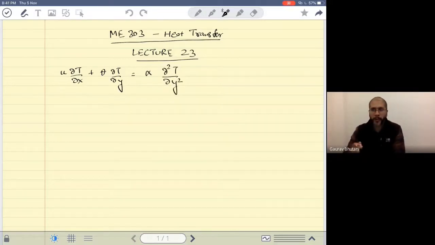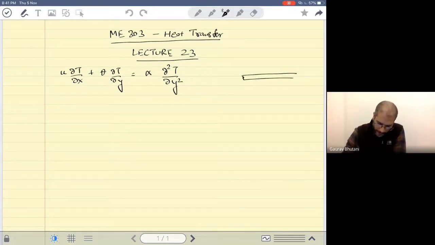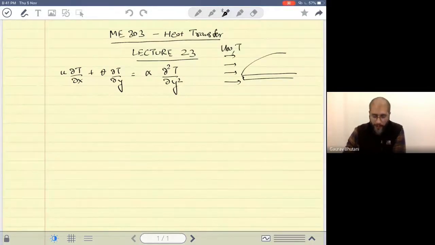Okay, so this has been our energy equation, and today we want to solve it for this flat plate situation of ours, where we have a thermal boundary layer developing over the flat plate, and this is at zero angle of incidence with the free stream flow. So we write it U infinity comma T infinity.